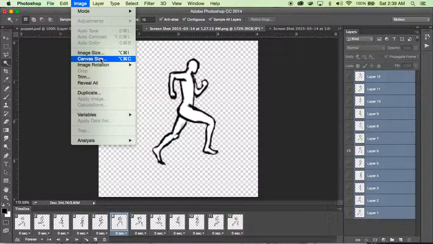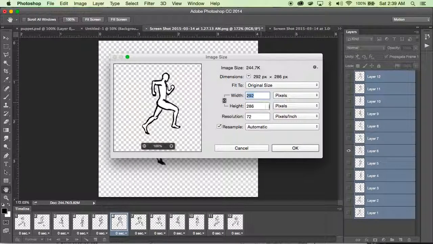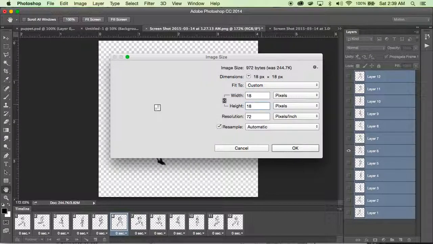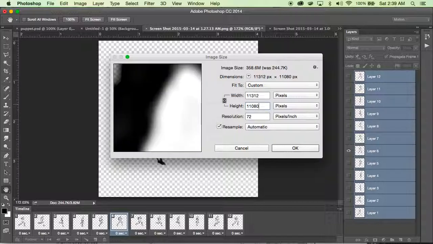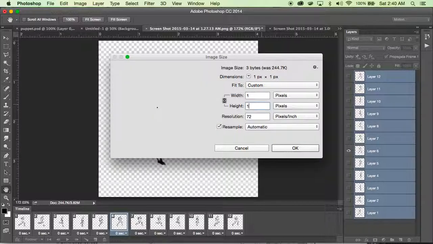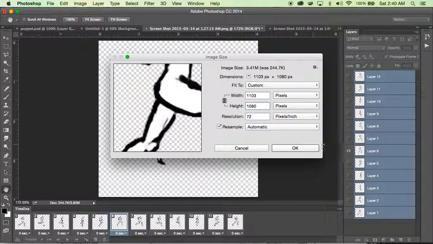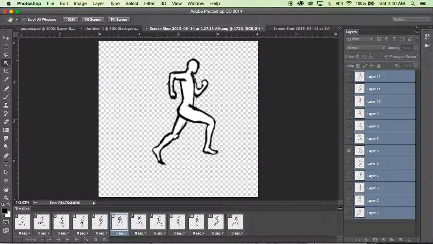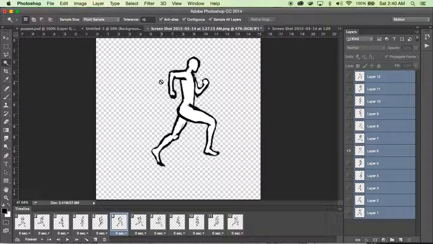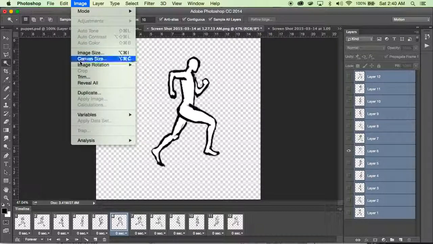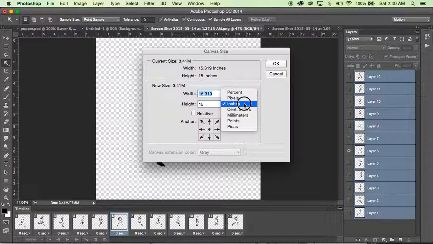So to do that, I'm going to go to canvas size. First, let me just check my image size. And since I got this off the internet, it wasn't correct. So you always want to make sure your height is 1080. Okay, so now when I go into image canvas size, and if I look at this in pixels,